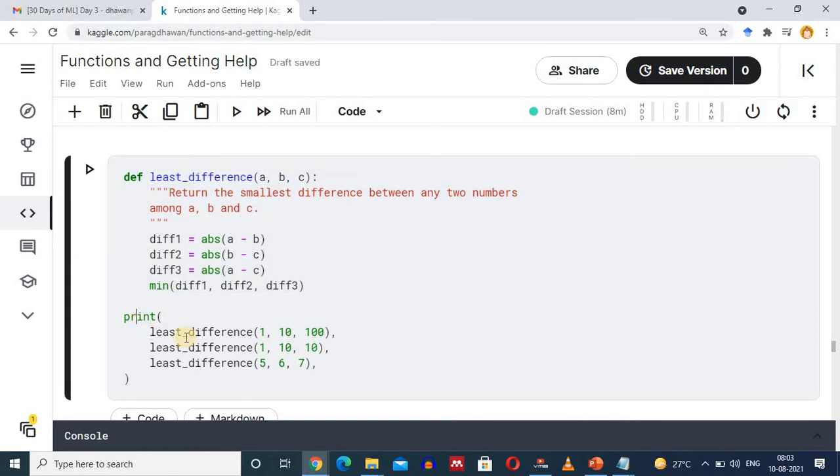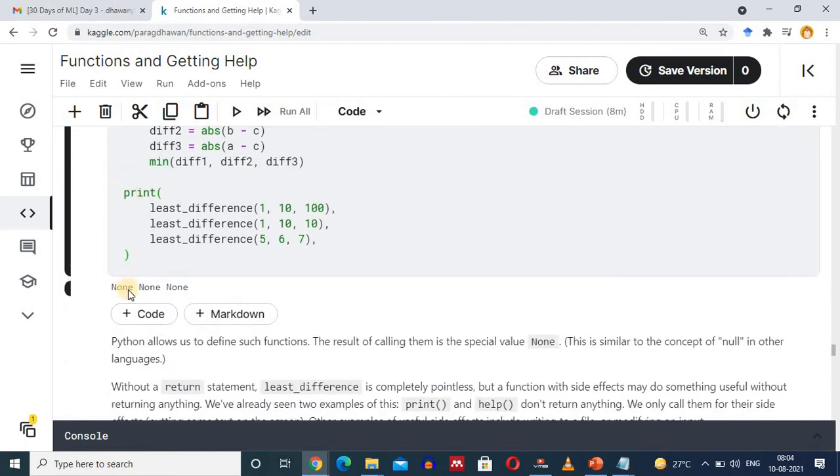Inside the print statement, we are calling the function passing 3 arguments 1, 10, 100. The function will be called, the function will not return any value, so here we will get None. The function is called a second time, it is executed, it is not returning any value, so here it will be replaced by None. The third time it is called, the function is executed, not returning any value, here it will be replaced by None. Therefore the output of this program will be None, None, None. Click on the cell and run the cell. You can see the output None, None, None.